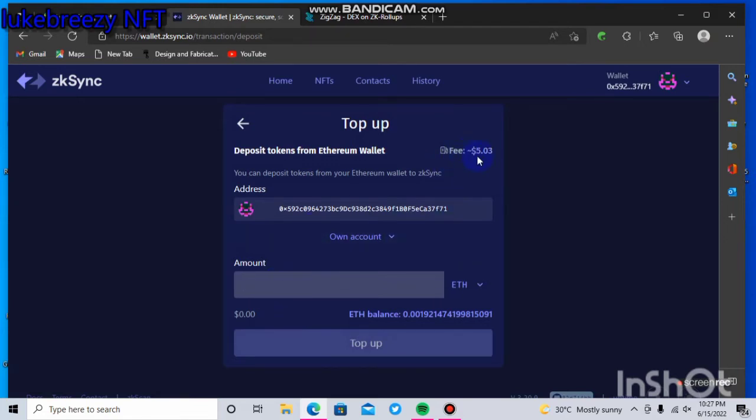As you can see, the gas fee is $5.03. So that is a beautiful one. It's quite low because we're in the downtrend in the market currently, the bearish market. So with that explained to you, and you have successfully topped up your wallet, now next thing is to